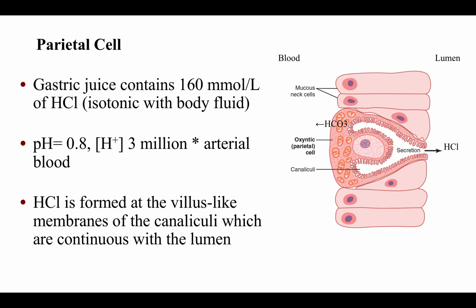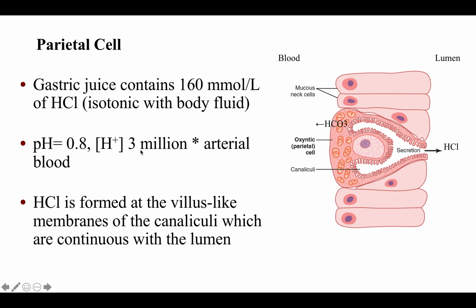More words about the parietal cells of the gastric mucosa. So the gastric juice contains about 160 millimole per liter of hydrochloric acid, and this is isotonic with the body fluid. Now the pH of the gastric secretions is very acidic, about 0.8, and this is very, very acidic. And the hydrogen ion concentration within the gastric secretion is 3 million times that of the arterial blood,